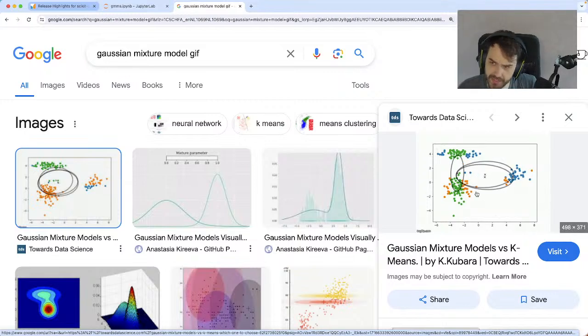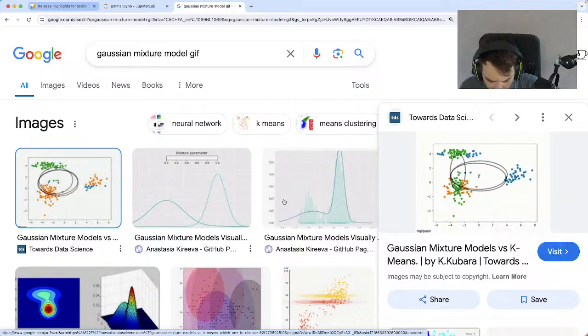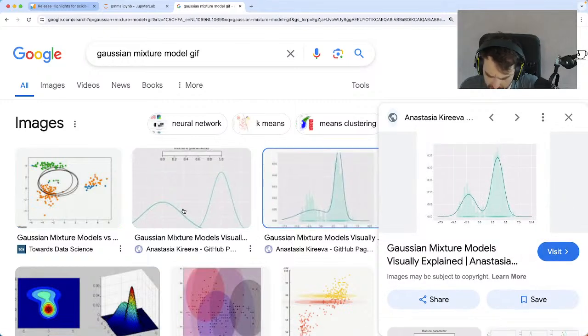But you can see here, at least, some data with some distributions. You can see the ellipse that represents the... Can I download that? Actually, it would be nice to have that on a full screen. Maybe a different GIF.